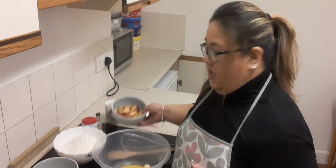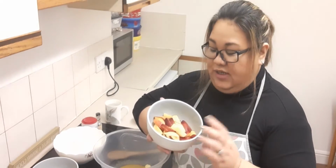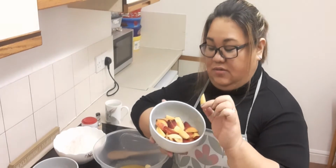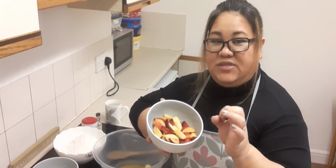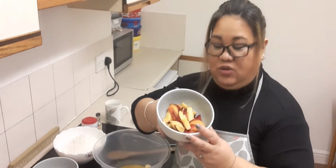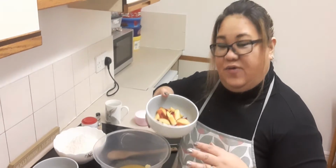And as well, we need, obviously the most important, the nectarine. I actually cut them into like strips. I remove the seed in it. And I wash them before you put them on the top, and I'll show you how I make it. So anyway,